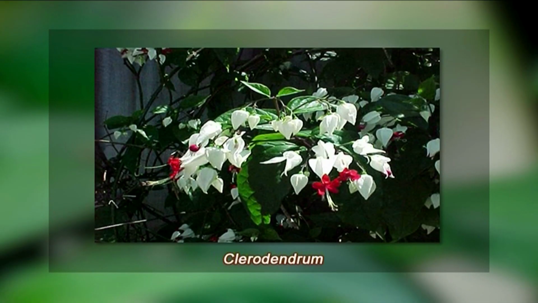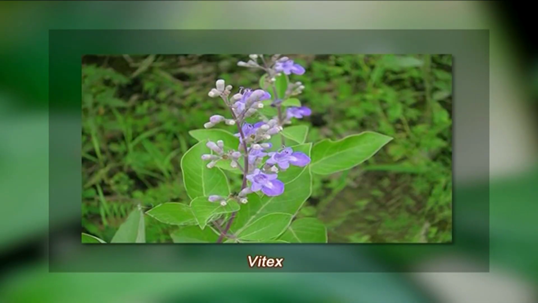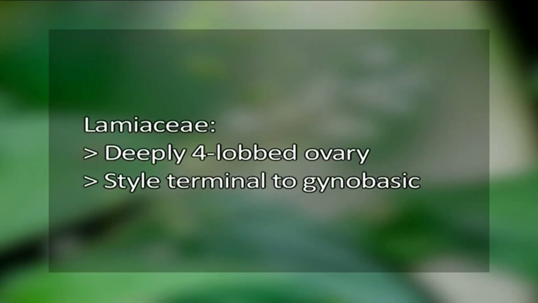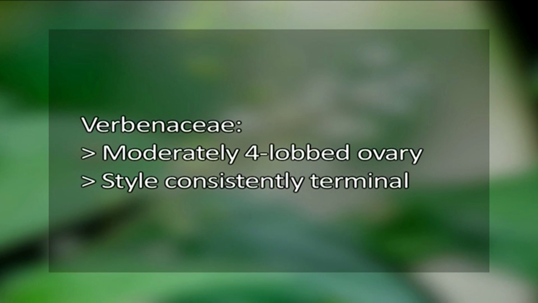Many other genera which were previously placed in the family Verbenaceae have now been shifted to the family Lamiaceae, genera like Clerodendrum, Vitex, Tectona, etc. These are the characters on the basis of which it can be distinguished from Verbenaceae. Lamiaceae has a deeply four-lobed ovary, and the style in Lamiaceae is terminal to gynobasic, while in the case of Verbenaceae, the ovary is not deeply but moderately four-lobed, and the style is